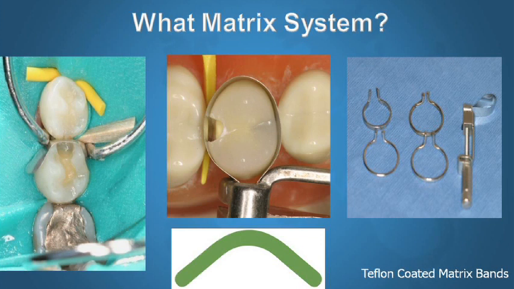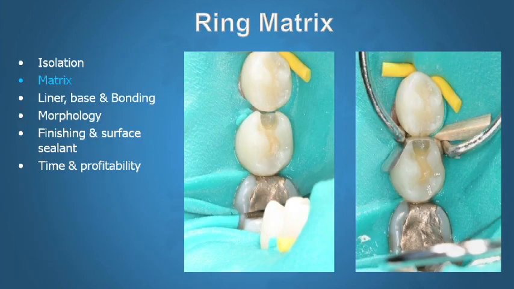Really, whether it's a small cavity or a big cavity, there's nothing better than a segmental matrix in a ring. It gives us better contours, and it's very easy to use. To me, it's faster even than a Toffel-Meyer matrix band. So no, Toffel-Meyers are pretty much history. Now we are using rings, and